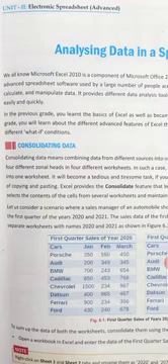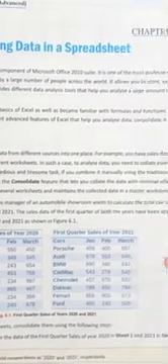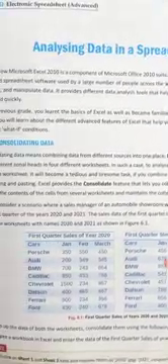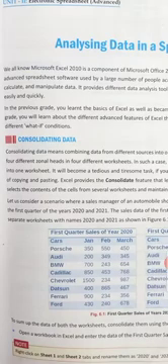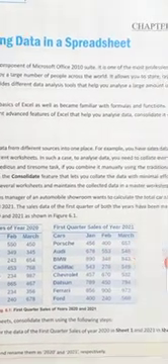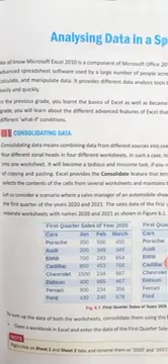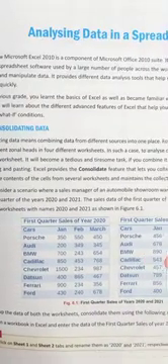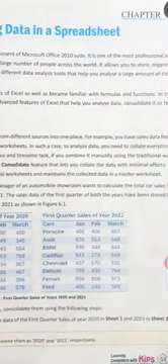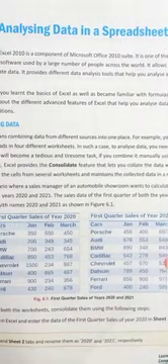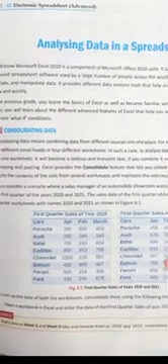It will become a tedious and tiresome task if you combine it manually using the traditional way, copy and paste. Excel provides the consolidate feature that lets us collect the data with minimal effort. It selects the content of the cells from several worksheets and maintains the collected data in a master worksheet. If we do copy paste, it will be time consuming. So MS Excel provides us an option, consolidate. Here is an example.